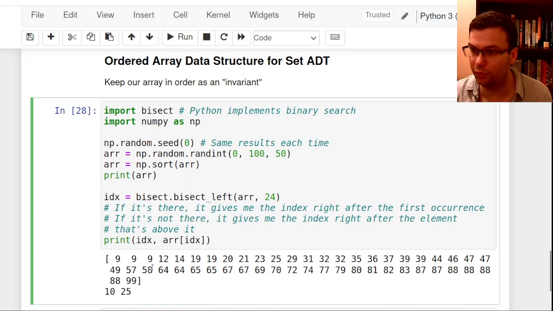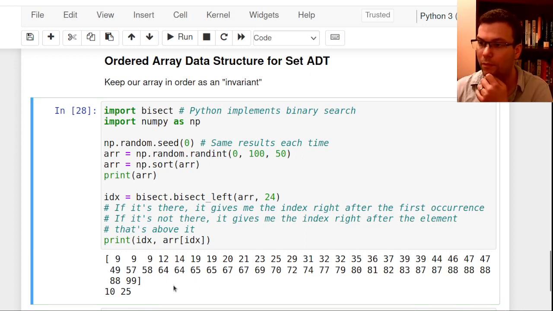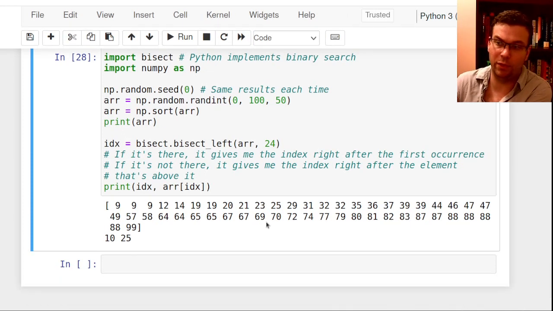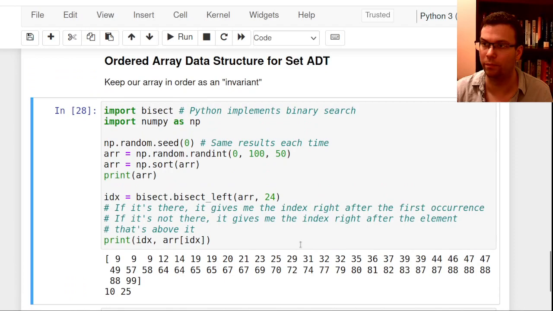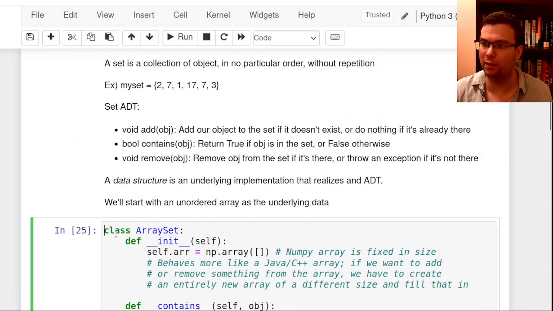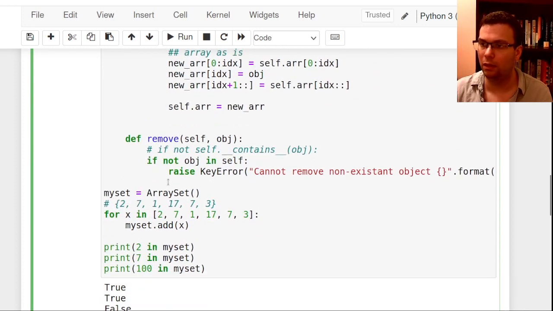So here I was looking for 24. 25 is the closest element that's right above it, so it's going to give me that index. That's very convenient because it's exactly where I need to insert this if I'm maintaining things in sorted order. So what I'll do is take this class and modify it to use an ordered